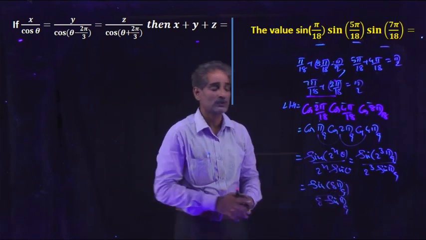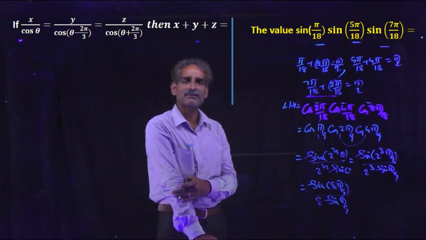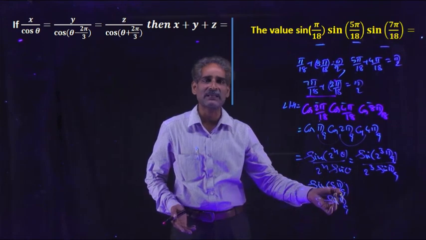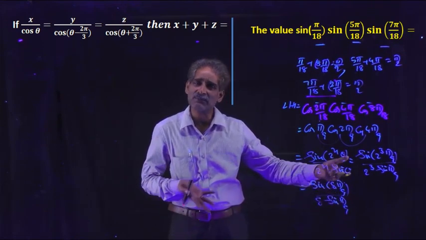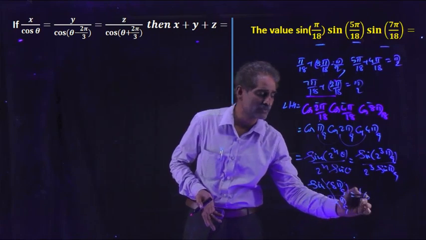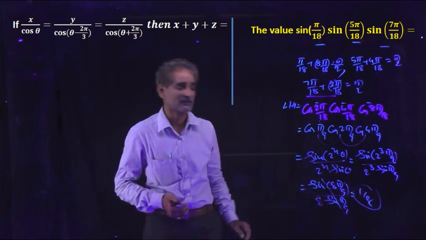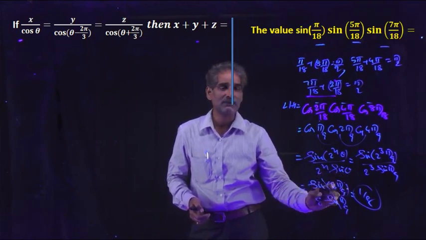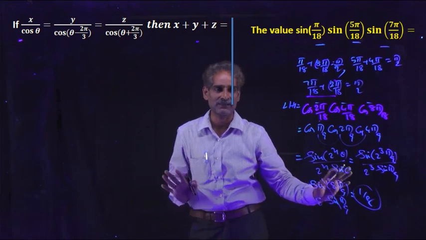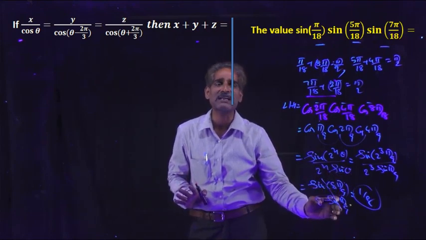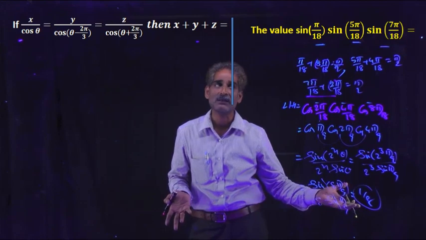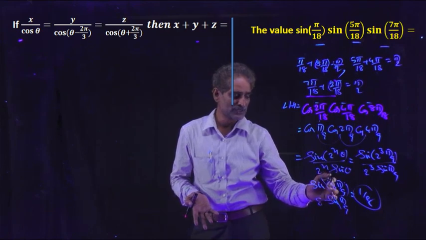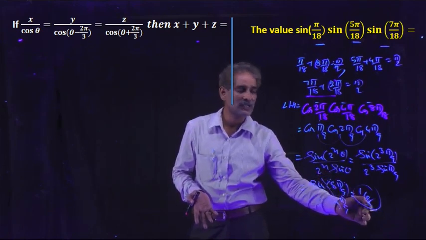Just observe these two. Here a plus b is equal to pi. We can write 8 pi by 9 as pi minus pi by 9. Sin of pi minus pi by 9 is nothing but sin pi by 9. These two terms will get cancelled, and we will get 1 by 8 as the answer. Understand? 8 pi by 9 is equal to pi minus pi by 9. Otherwise, if a plus b is equal to 180, sin a equals sin b, so by using that formula also we can solve this. After simplification, this is equal to this. Then the ultimate answer is 1 by 8.